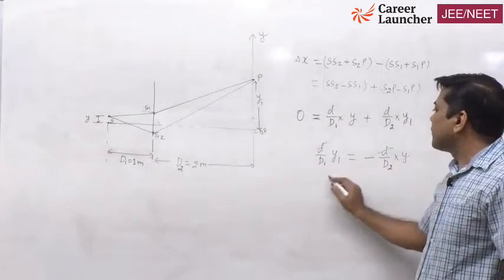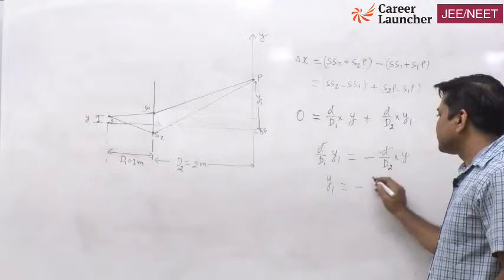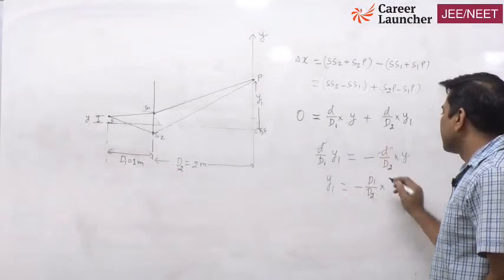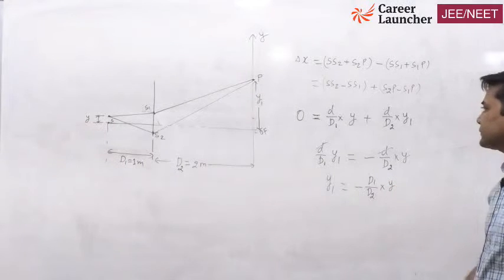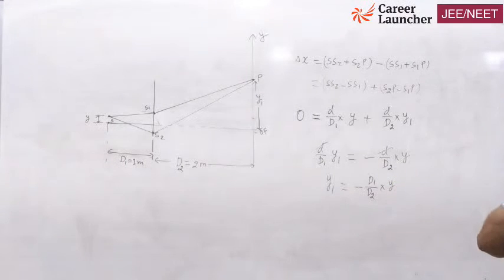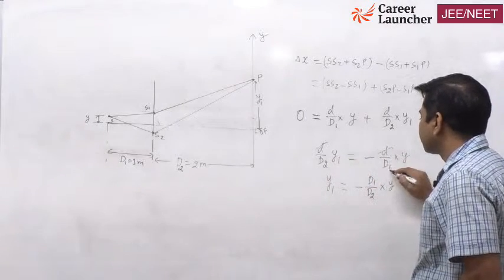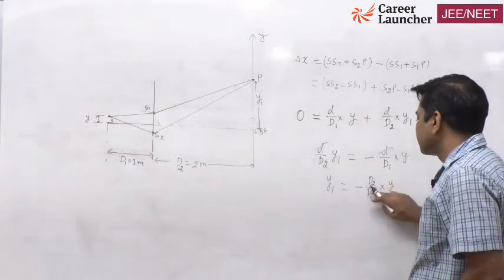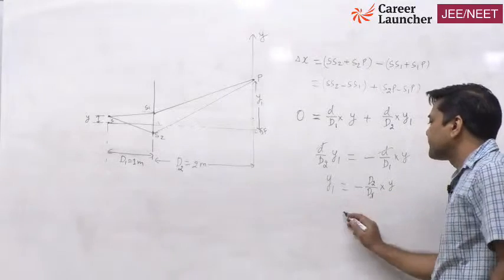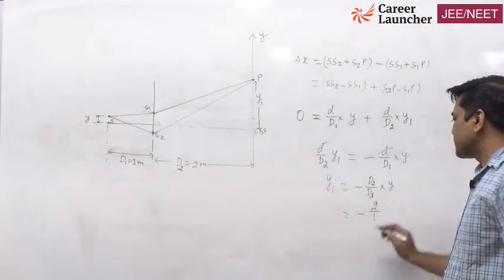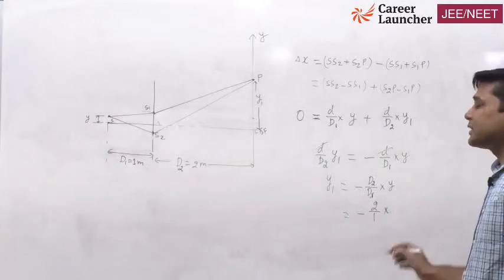So y1 will be minus d1 by d2 into y. Check. Correct? Or this is d2. Now it's right. Minus d2 is 2 by d1 is 1 into y, whose value is given as I think 0.5